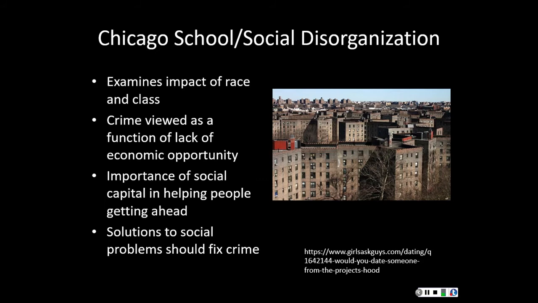Now, that is one of the things that the Chicago School considers very important. And one thing that's lacking in many high crime, largely African American neighborhoods are mentors that can help individuals, that can show them a pathway out. And this is something the Chicago School feels is very important, because if there's not that linkage to be able to get out of poverty and to be able to live self-sustaining, it nurtures a criminal environment. Many times the Chicago School will lean toward social problems and social programs as a possible way to fix crime.